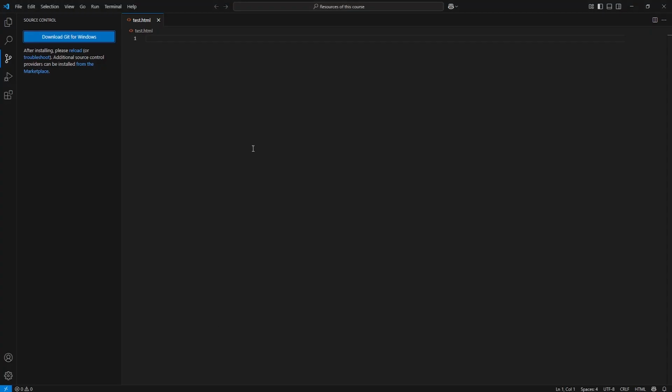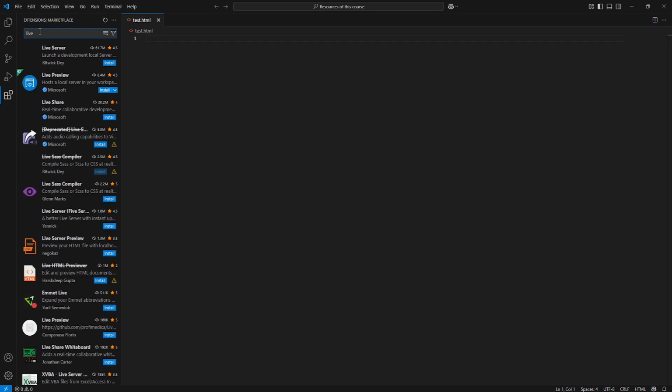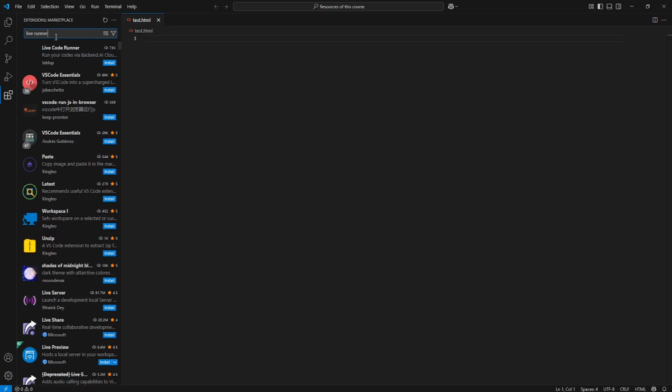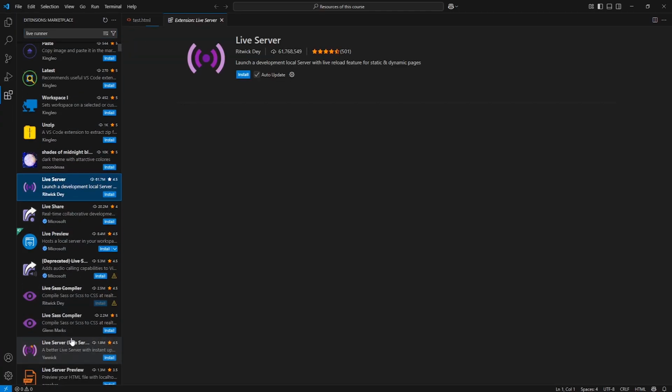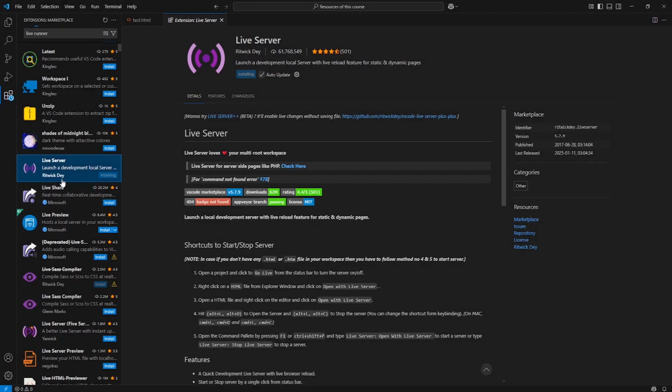So let's just go off into Visual Studio Code again. Now let's go off into extension. There are a couple of extensions that you need to install, such as live. Okay, just type in live, and then we have live server. Now let's put in runner, and let's check live code runner, Visual Studio Code, and all of these. I'm going to click on live server. I'm going to install it, publish,